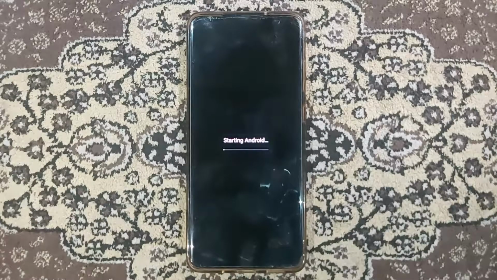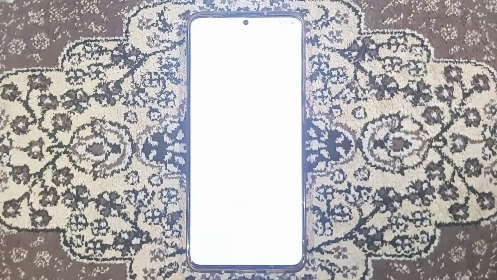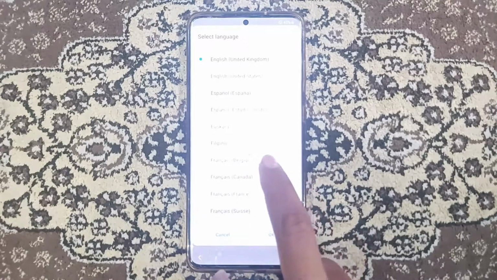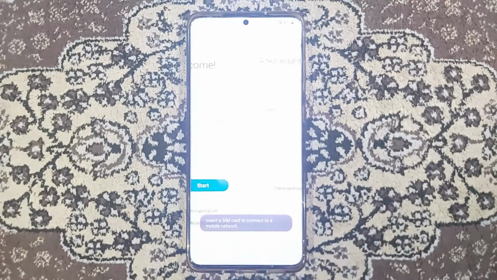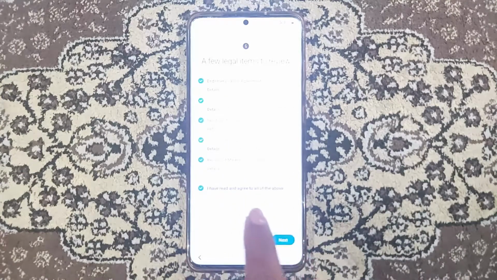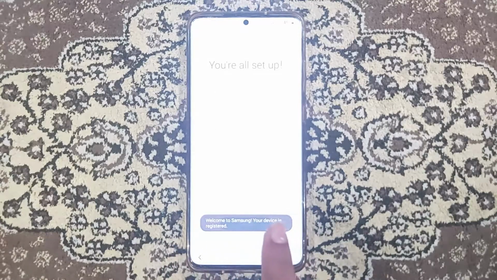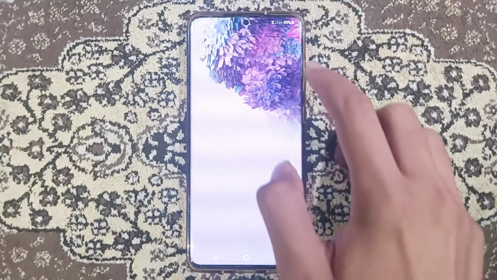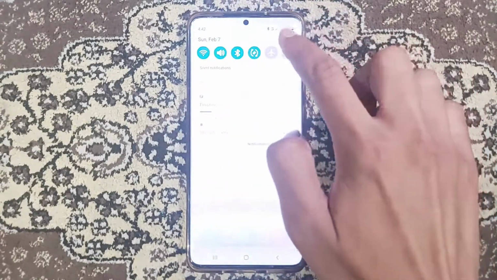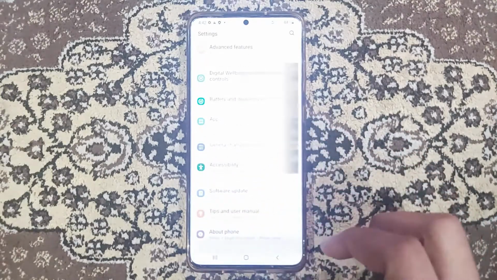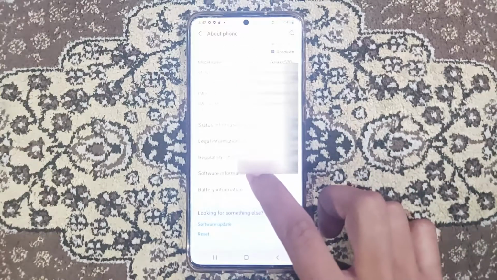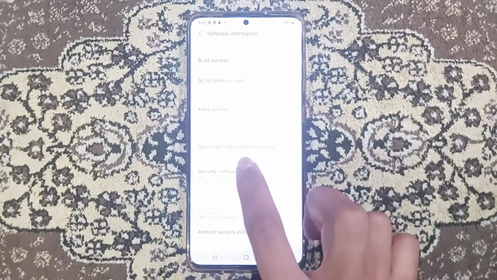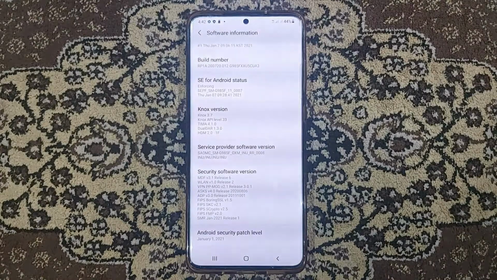So guys, as you can see, starting Android, so we are back to Indian CSC. Let it finish, and I will finish all this setup, and I will show you guys if eSIM is available. I'm not sure if the eSIM will be available. So guys, we have completed our setup, as you can see. We are back again to Indian CSC. Let me first go to the settings and show you if it is changed. Let me go here and then to the software information, and as you can see, focus is not happening right now.